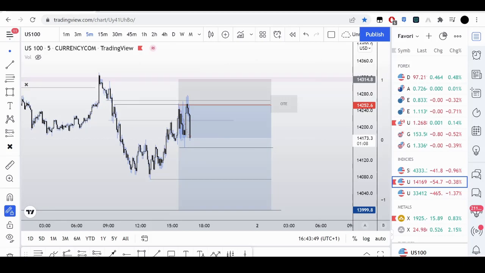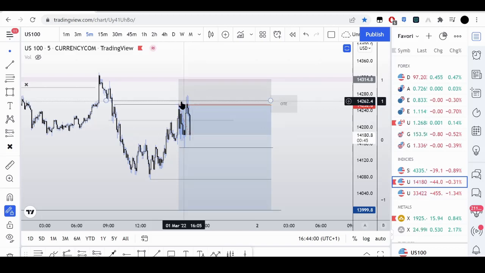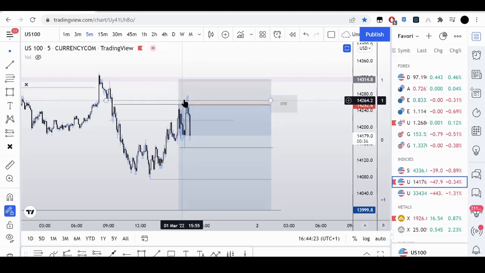Quick update back on this. We came and reworked this fair value gap and came up a little bit higher. I gave room for it to at least take out this high and work this area and then continue down, but you can see it didn't come up that high. But yeah, nice displacement after I reworked this fair value gap, ran out these old highs right here that had got created, and I think this should be the top right here.